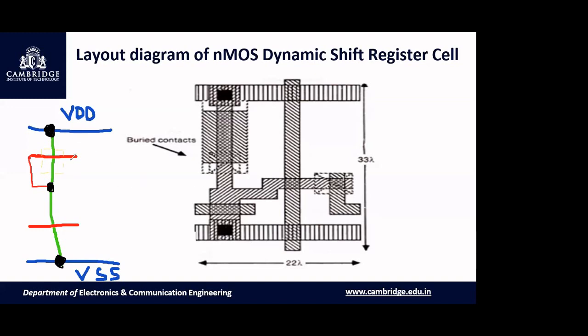The ratio for the pull-up transistor is 4:1, and the ratio for the pull-down transistor is 1:2. Next, we need to draw a pass transistor. Here I'll draw N plus diffusion. And next, you will draw a poly. That poly is extended like this. Getting it? So this poly is connected to the clock, maybe phi-1 or phi-2.